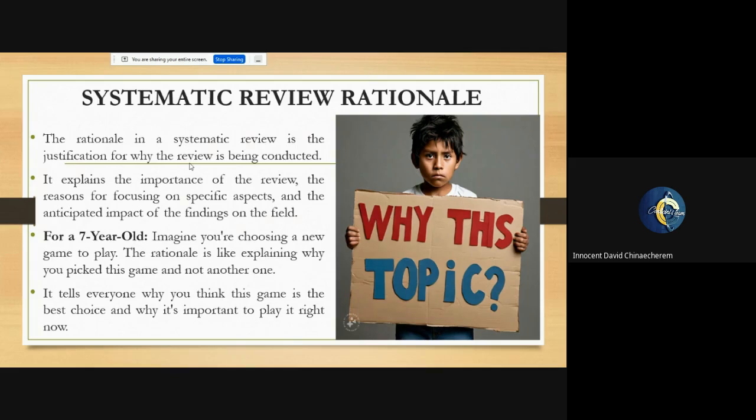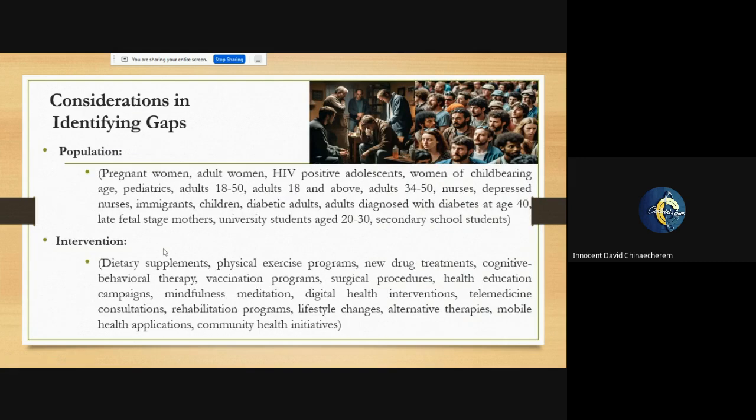So a systematic review can also be conducted because of time. All of this, when we mention the word rationale, it means why. This is asking the reason why we want to do it. So this is where everything starts. This is where everything blows up, right? This is where everything happens, right? So